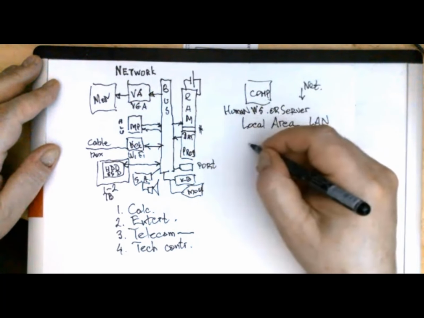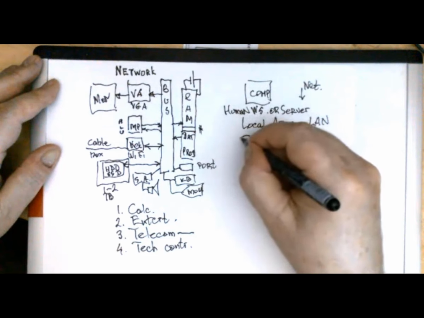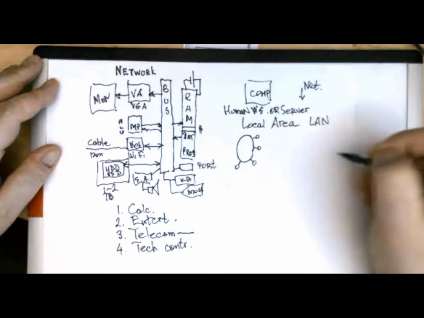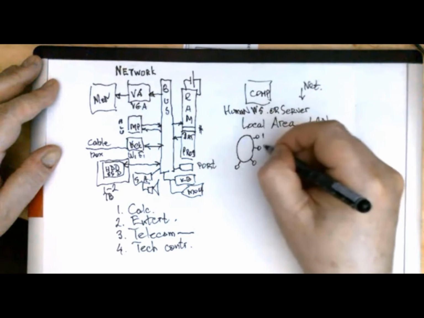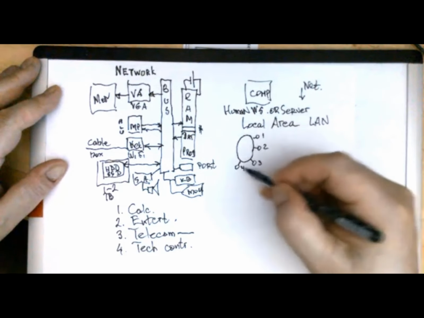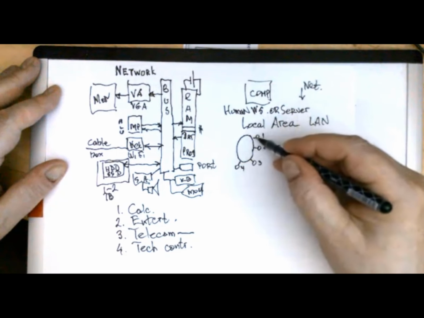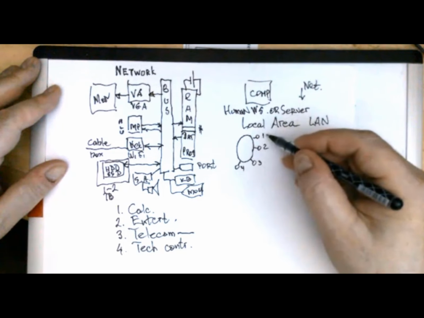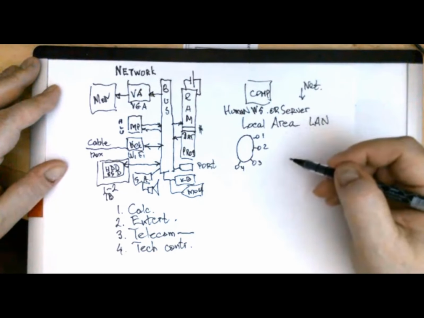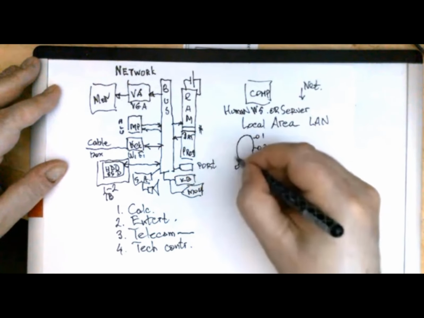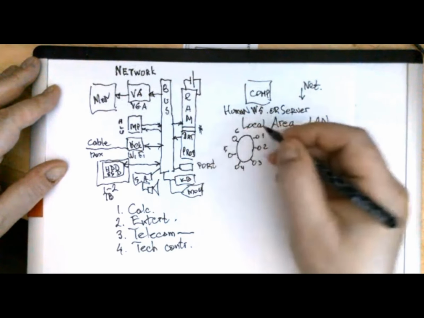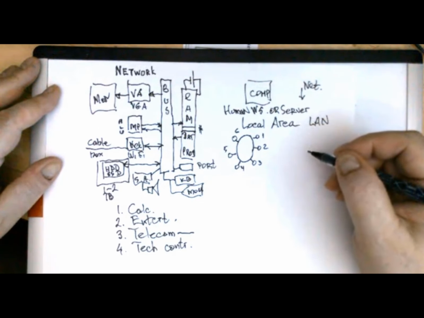The architecture of the first network looked like this. That was the ring, and computers were connected to this ring like this. 1, 2, 3, 4. Imagine that it's like a circular telephone. So when you would like computer number one to speak to computer number three, the ring will be occupied. The ring will be busy. And computers number two, four, five, and six will not have the possibility to speak to each other.